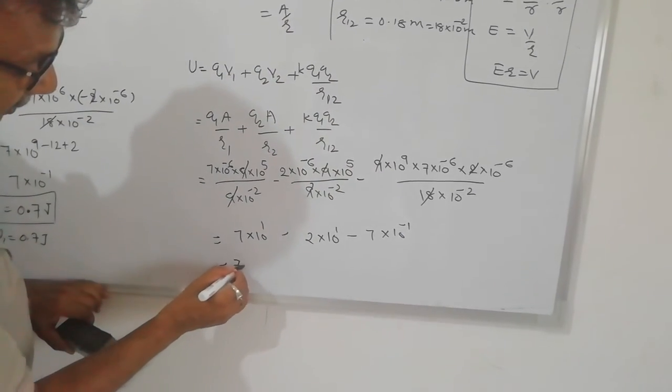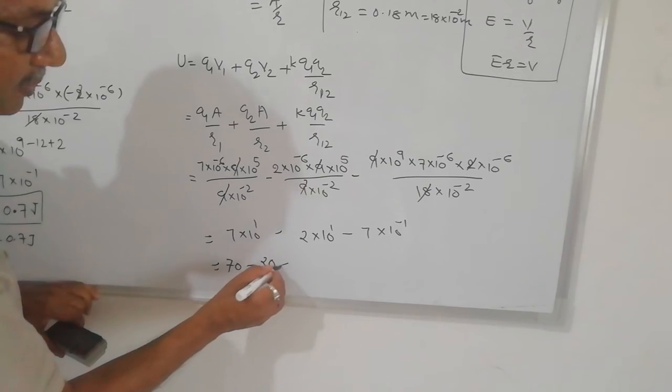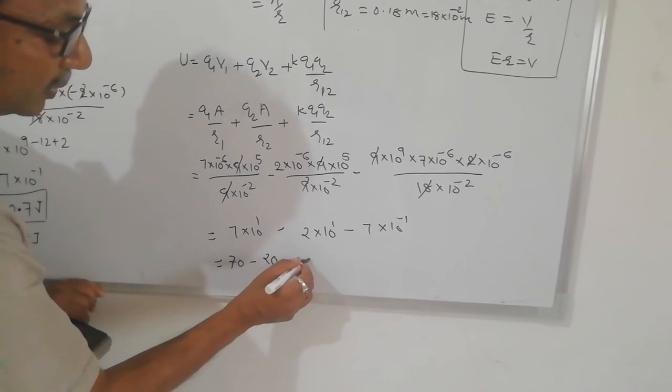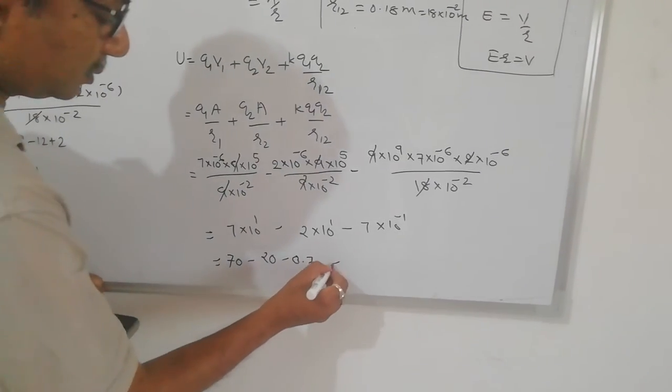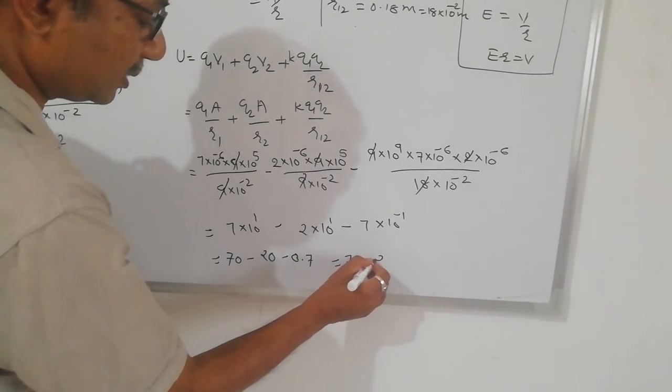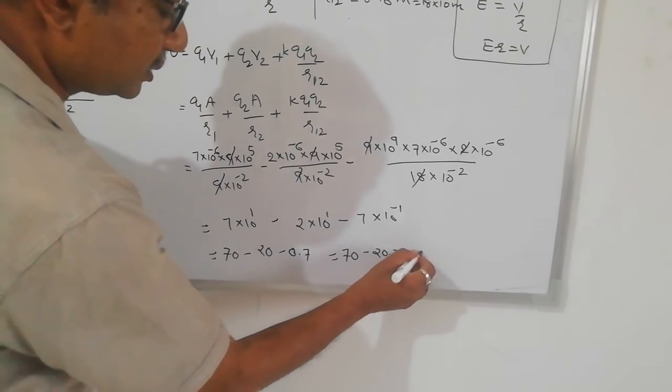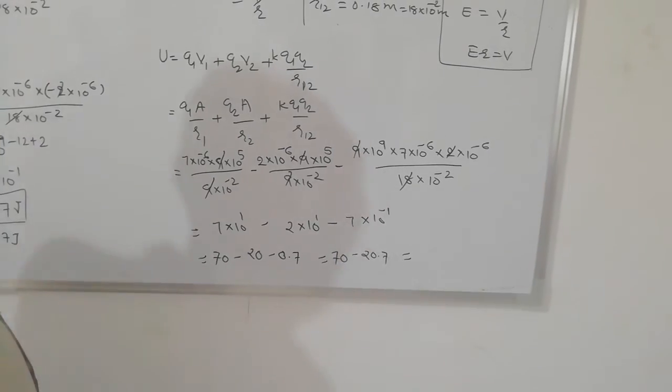So it is 70 minus 20 minus 0.7. So 70 minus 20.7 you will have